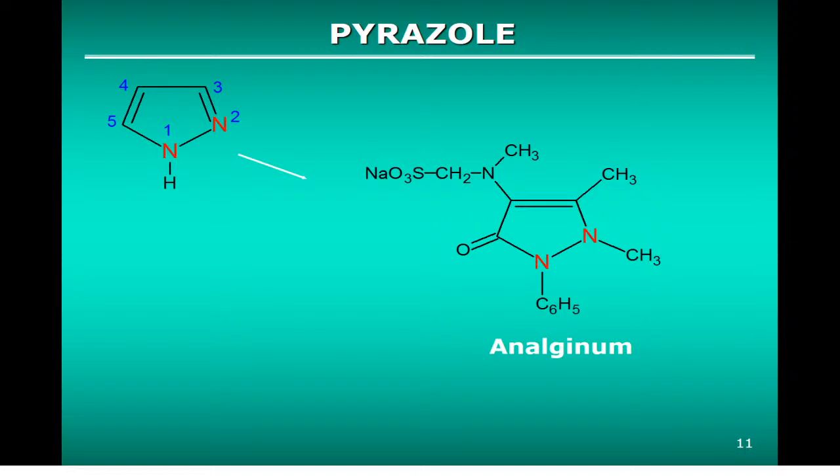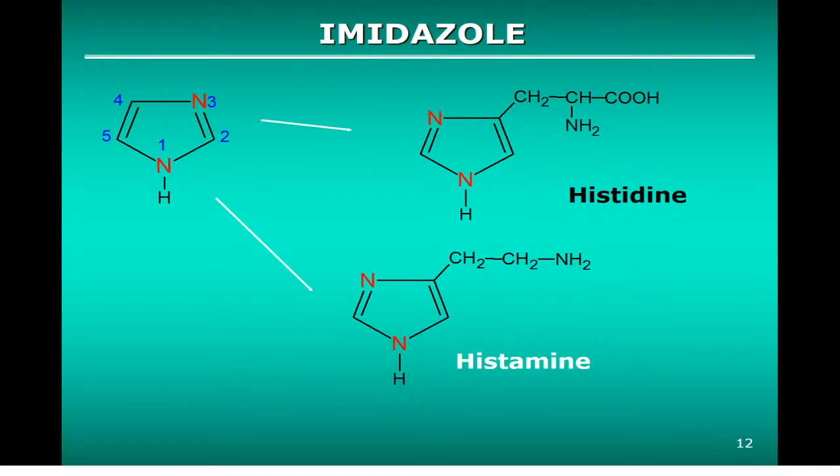So what about derivatives? Analginum everyone knows, anti-inflammatory, anti-pyretic, and some other functions we apply, but pyrazole not often. Seldom even can be found in nature. But imidazole much more often, and one of the important, even essential compounds we deal with when we name imidazole,